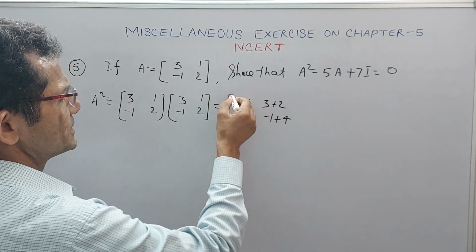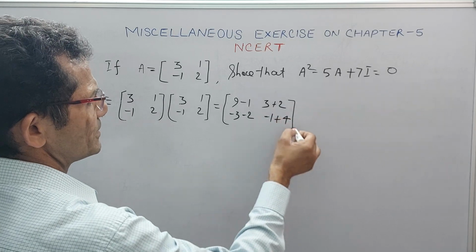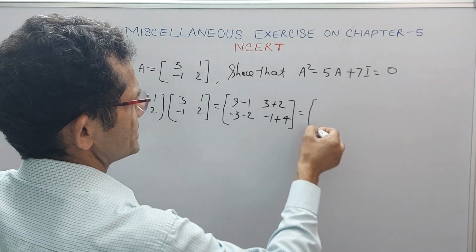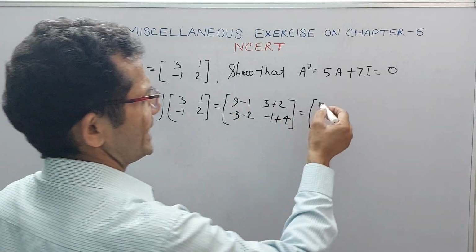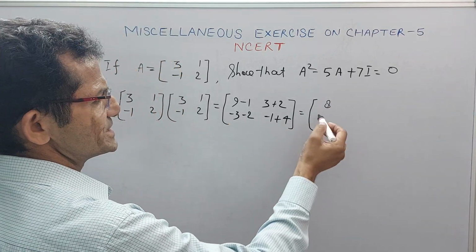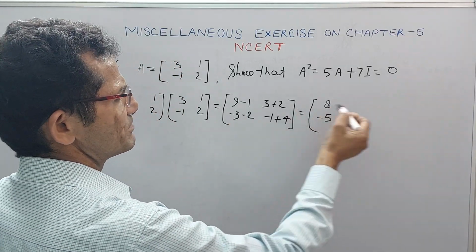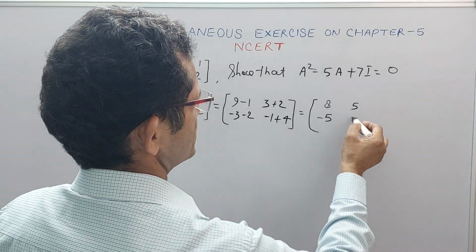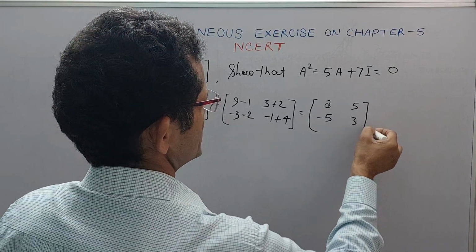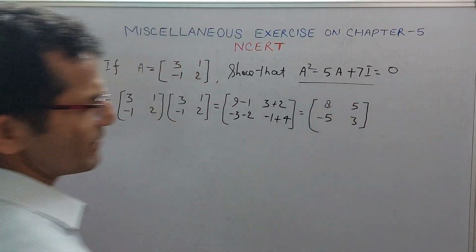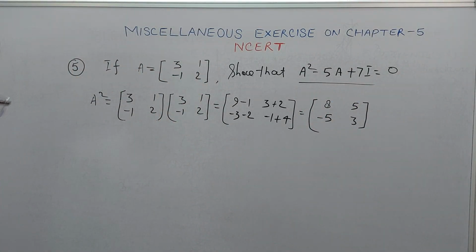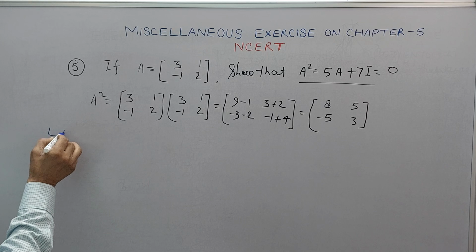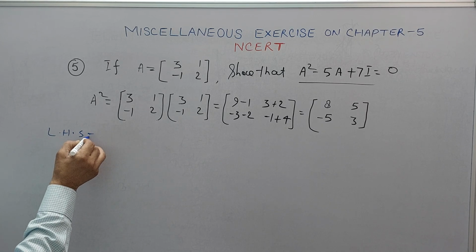So this is the square of A. Just if you simplify this one, 9 minus 1 will be 8, and minus 3 minus 2 is minus 5, and 3 plus 2 is 5, and minus 1 plus 4 will be 3. So this is the square of A. Now if I put all values in the left hand side, our value comes out. Now the left hand side